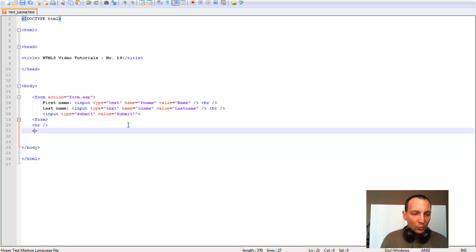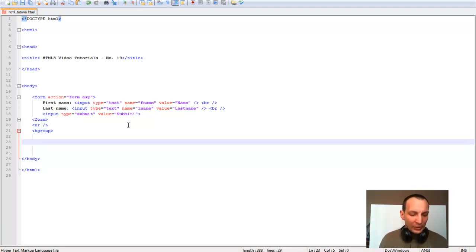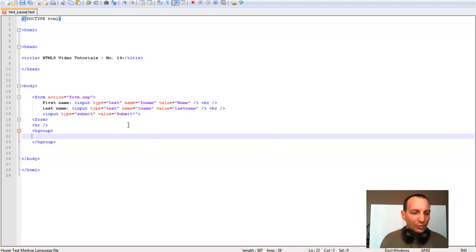The HGROUP tag basically groups all of the headers in your website. So say, guys, you have an article where you have a header of say H3. You have two headers that you want to be orderly grouped on your site. So let's just type it in